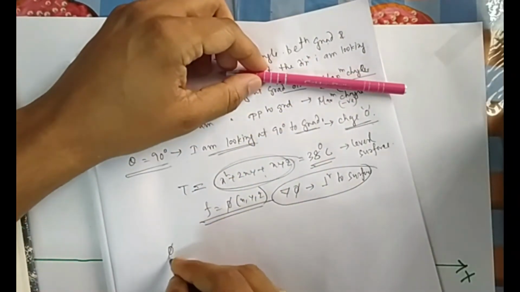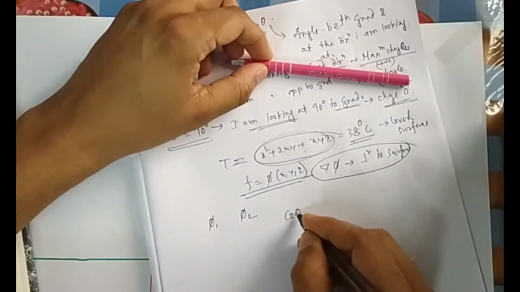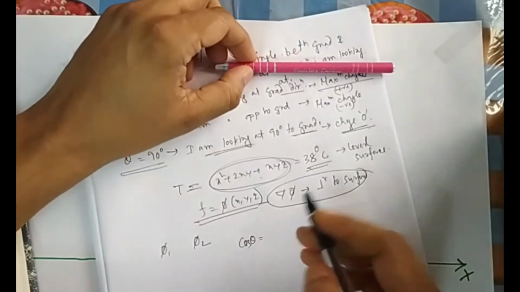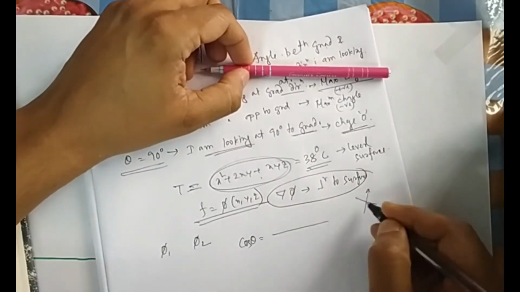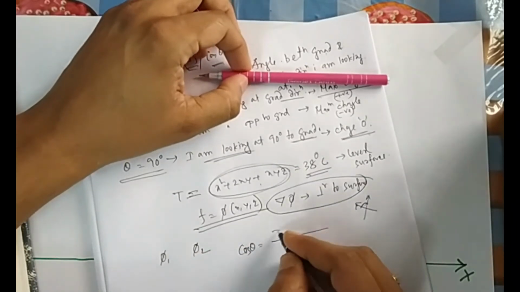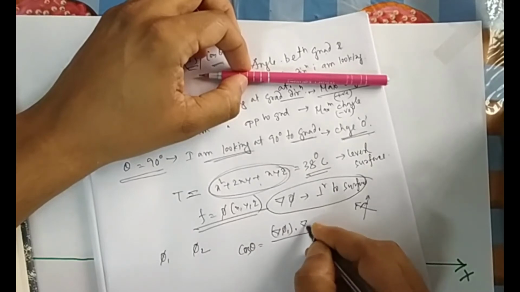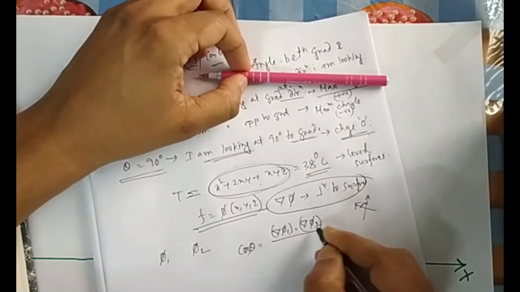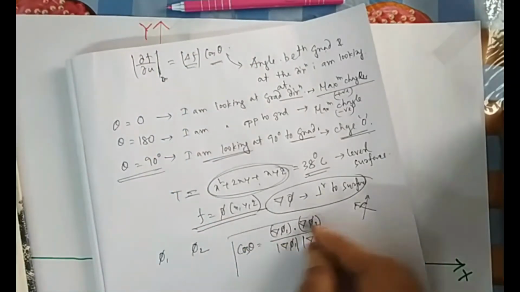So there are two surfaces, suppose phi 1 and phi 2, and they ask me to find the angle. How will we find the angle? Angle is found by cos theta, that is the dot product. How do we find the angle between two vectors? Using the dot product. So what is the normal of this one? Grad phi 1 dot grad phi 2, the two normals. So the angle between these two is the dot product divided by their magnitudes. This is the way to find it.